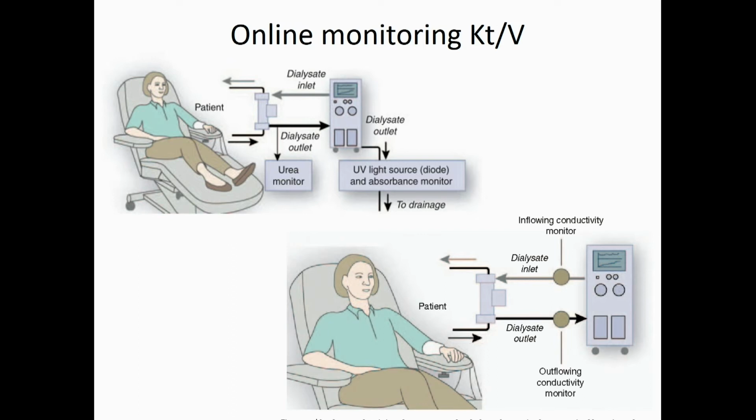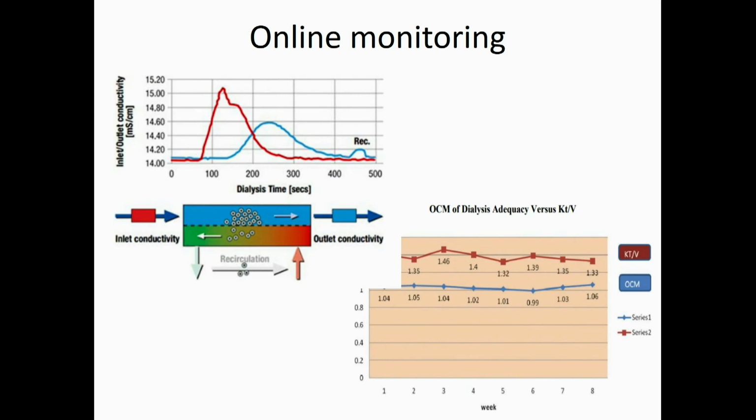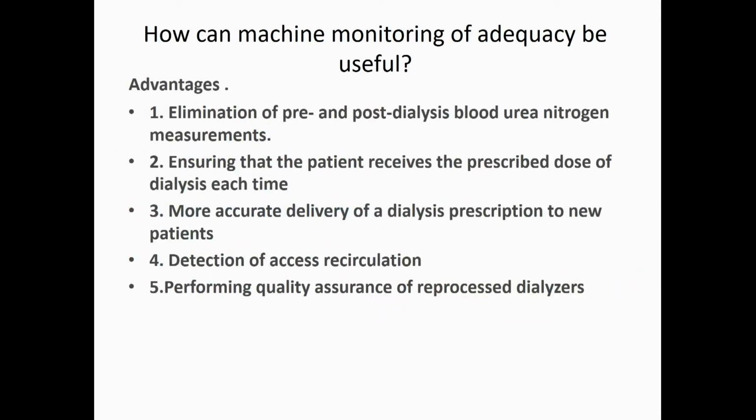Now people are having newer machines which give you automated or online KT/V. It may be a urea sensor, or it may be a dialysate sodium conductivity sensor. Based on that you can calculate. The advantage is basically you look at the inlet and outlet sodium or a urea based sensor to calculate KT/V. The advantage is you need not have a blood sample, and the pre-post dialysis urea nitrogen measurement can be replaced by the sensor, ensuring that the prescribed dose is achieved, and the detection of excess recirculation also can